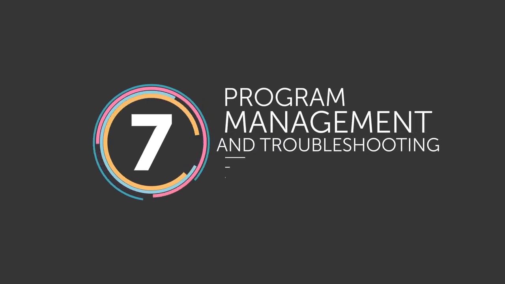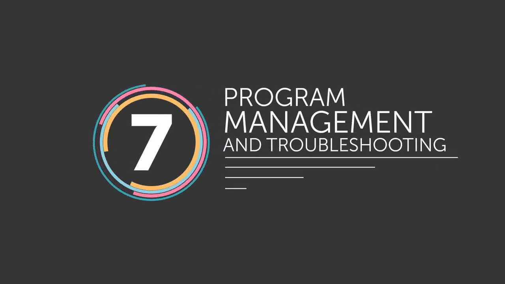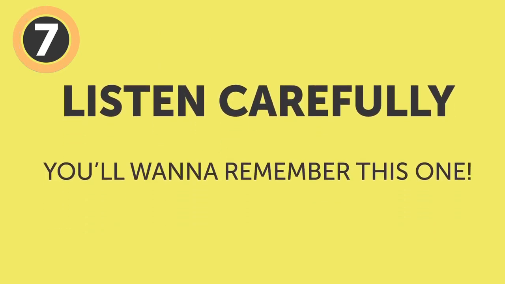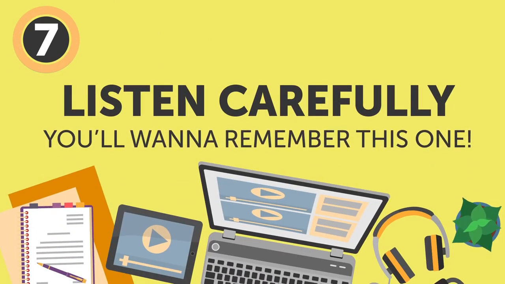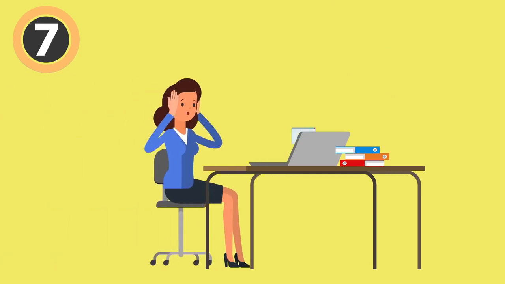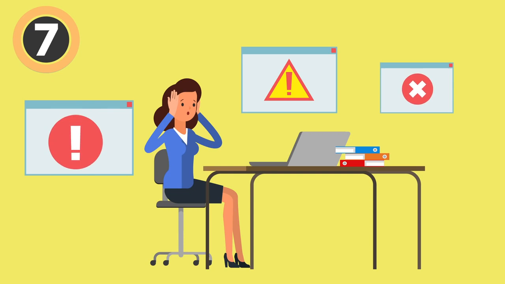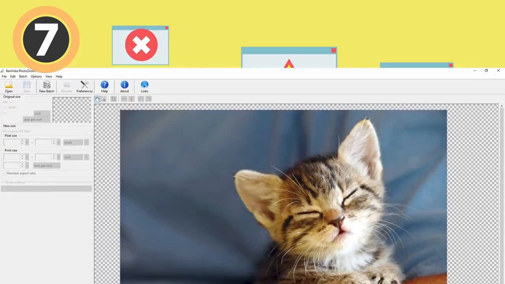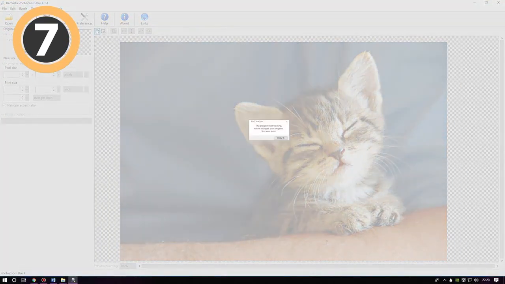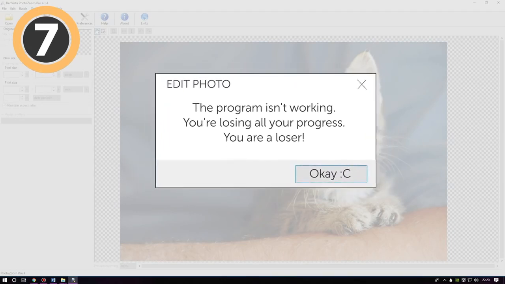Number 7. Program Management and Troubleshooting. Let's go shoot us some trouble. Now, listen carefully because you'll want to remember this one. Everyone's been there. One program is stuck and won't process anything, even if you cry, beg, or try to bribe it to do so. To avoid restarting your device and losing all your progress, try using the following combo: